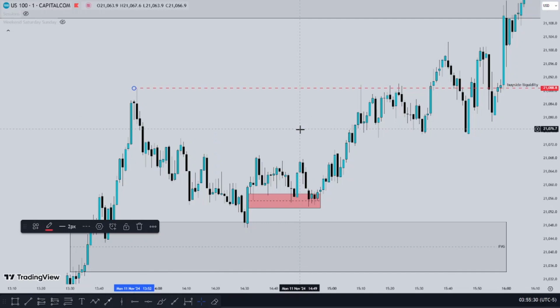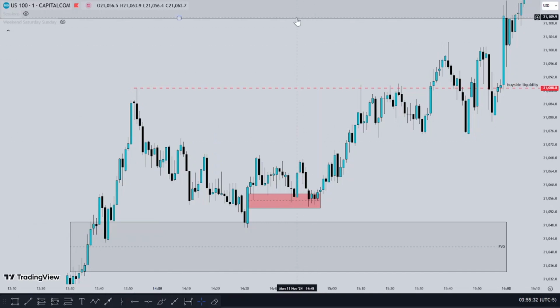But our initial target was to see price trade to the 15-minute fair value gap, which is this high. But due to the time period we are trading, the PM section, we're just looking for a low resistance run on liquidity, which is going to be the next draw on liquidity, this buy side liquidity from the 15-minute time frame. So we took a buy,